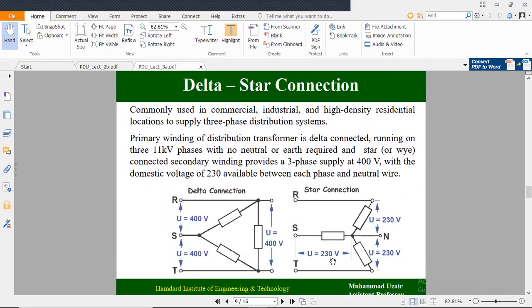So we are moving towards the delta and star connection. The session will expire after 2 minutes, so we have to continue the lecture in the next session. If up till now in the whole lecture you have any question, please feel free to ask. I will repeat things again and answer your question. If you have no question, then I end this session at this level, and we will continue the session by the same link which I shared with you guys.